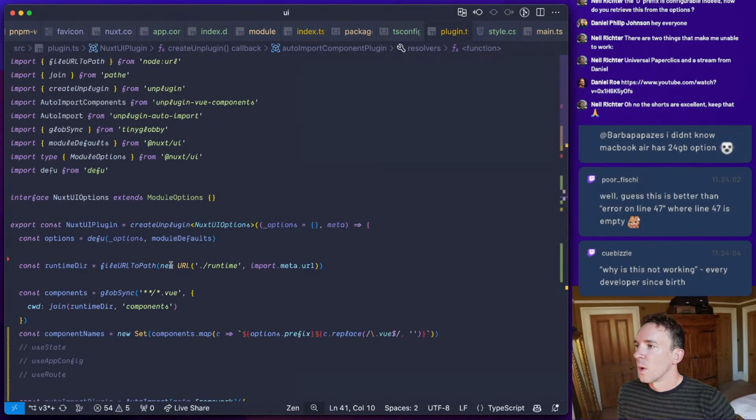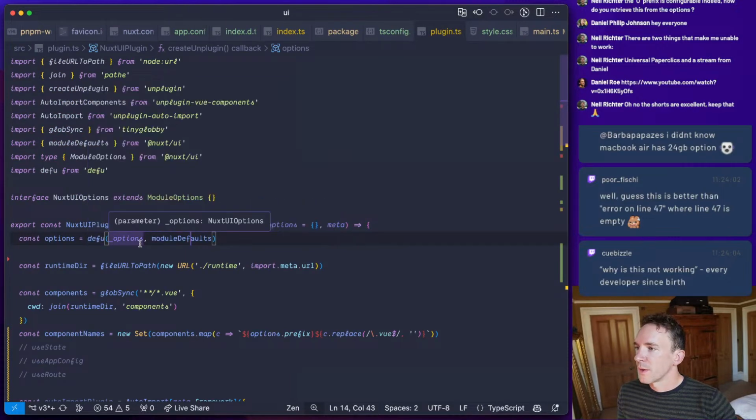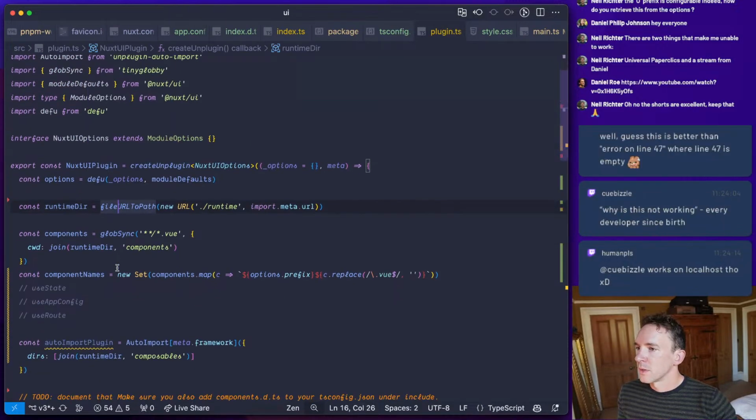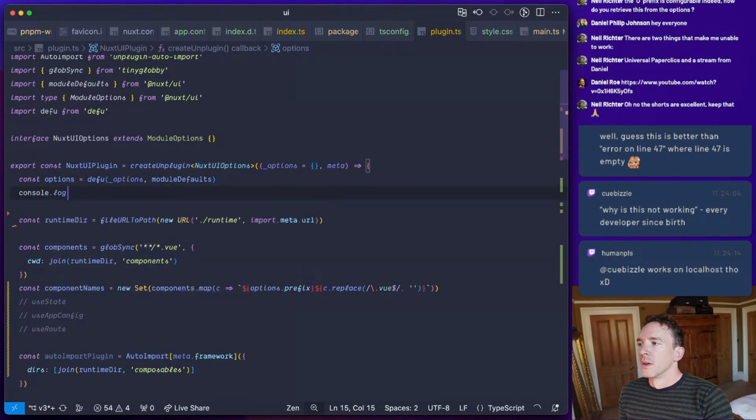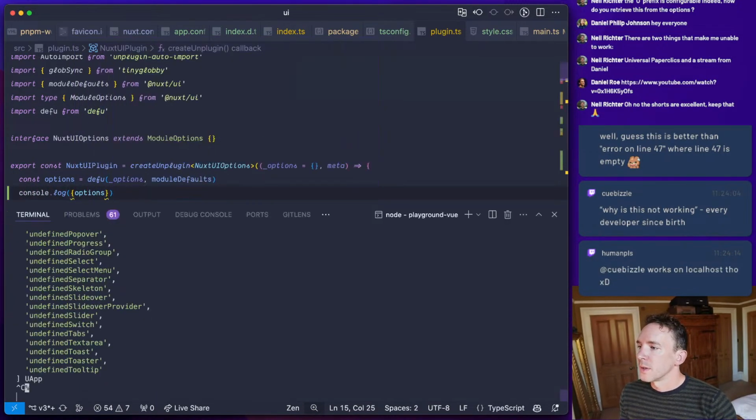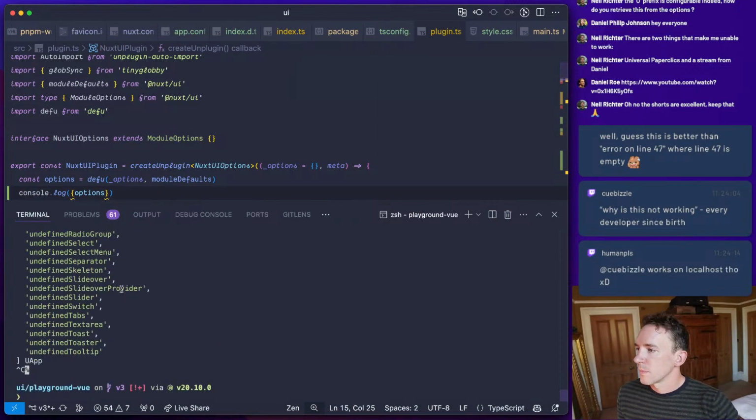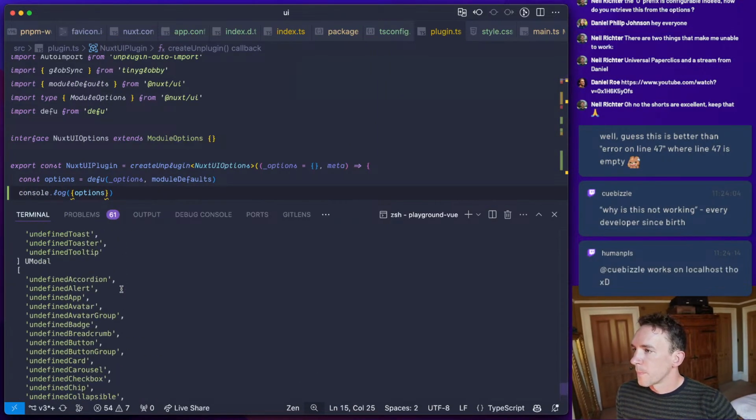Undefined. Why is it undefined, people? Module defaults has a prefix. So we should therefore have options prefix. Why is options undefined? For goodness sake.